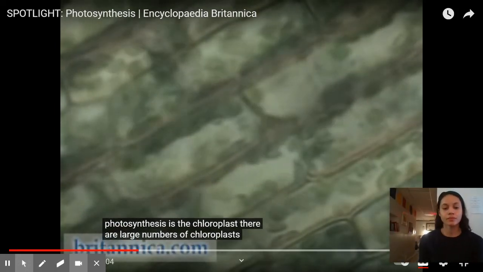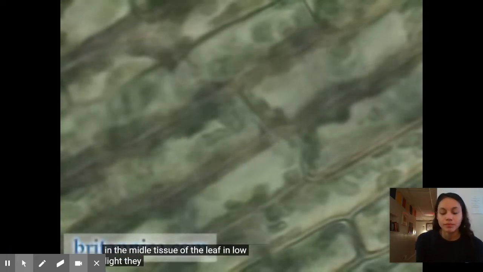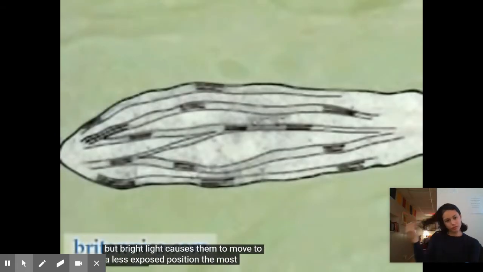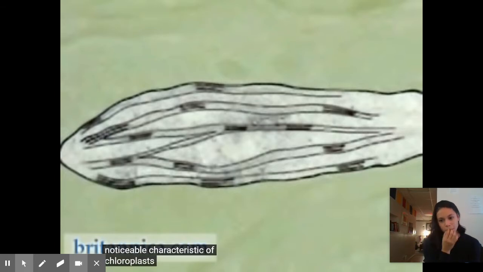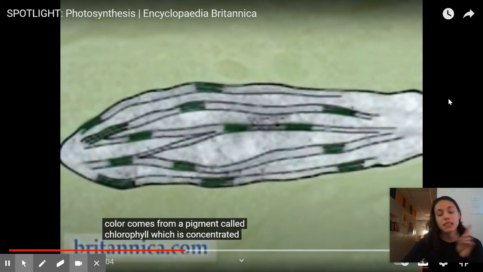There are large numbers of chloroplasts found in the middle tissue of the leaf. In low light, they are distributed fairly evenly, but bright light causes them to move to a less exposed position. The most noticeable characteristic of chloroplasts is their green color. The color comes from a pigment called chlorophyll, which is